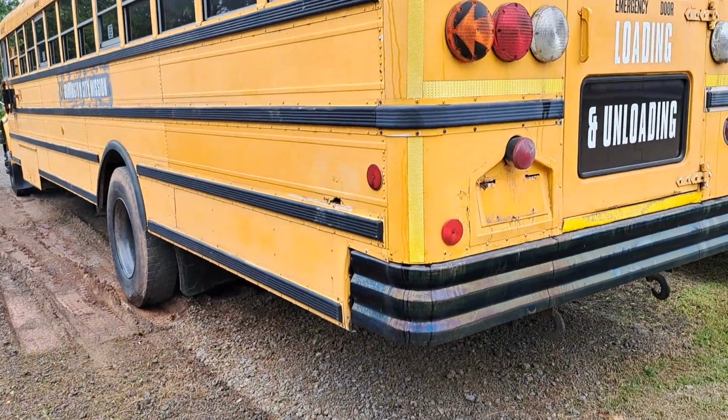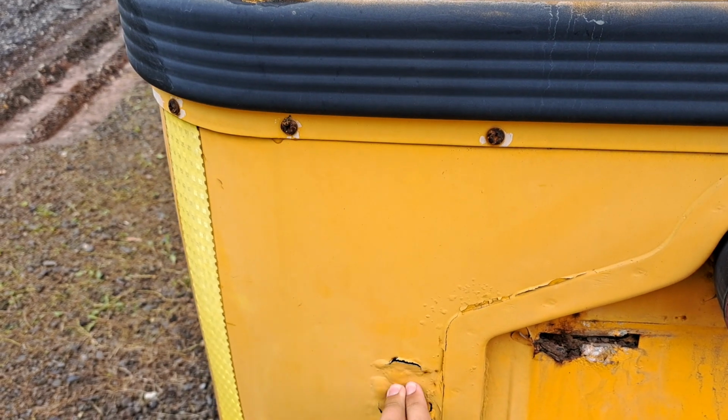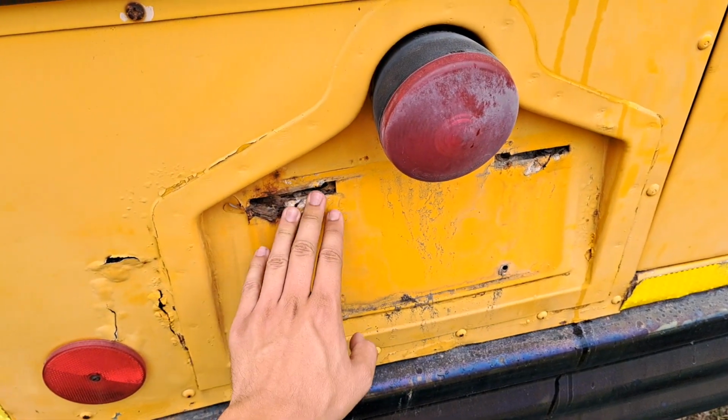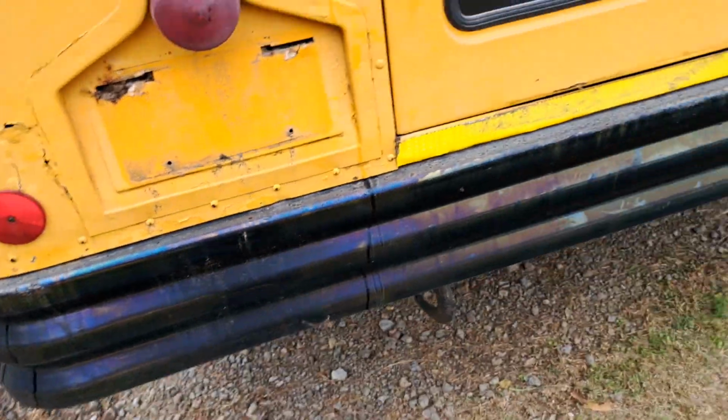So yeah, I did take the license plate off and it's at home now, but that's actually more solid than I thought it would be. That paint's flaking off, but it's actually kind of solid right here. Now this is a different story, but the screws mount right there. So yeah, anyways,